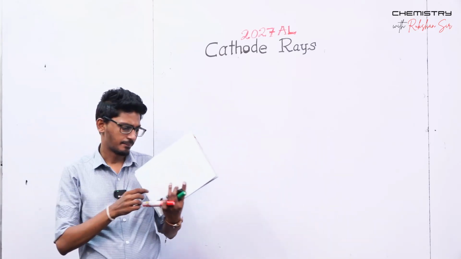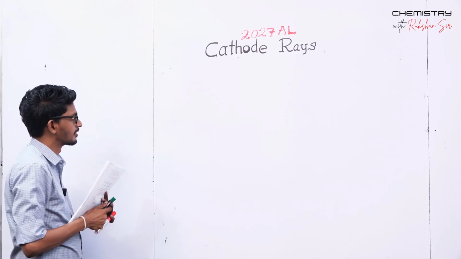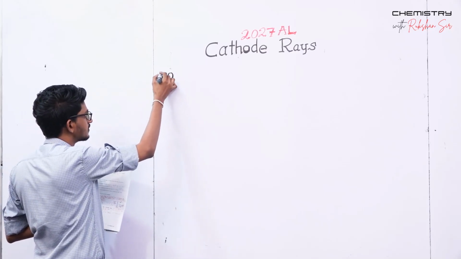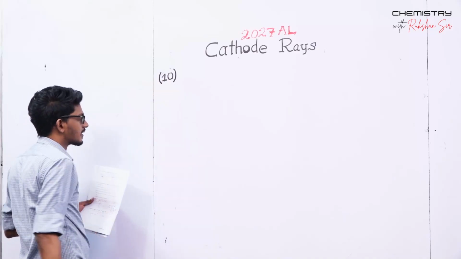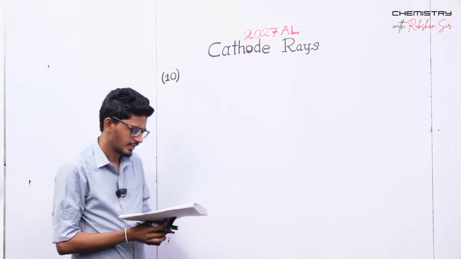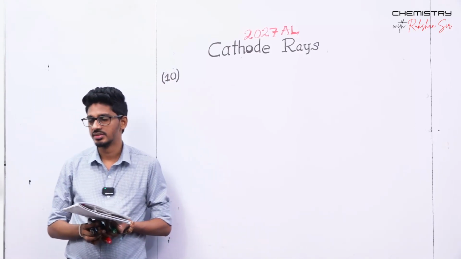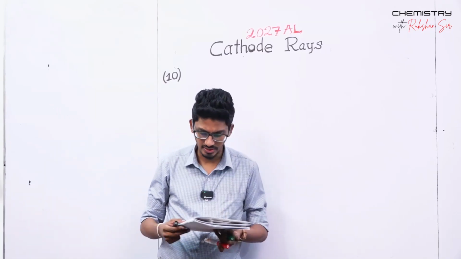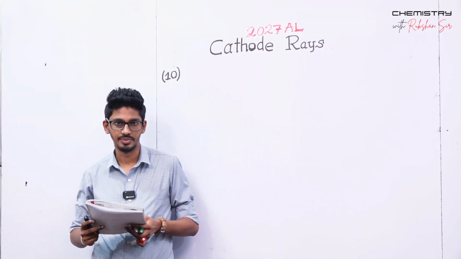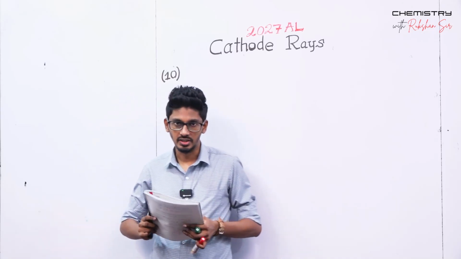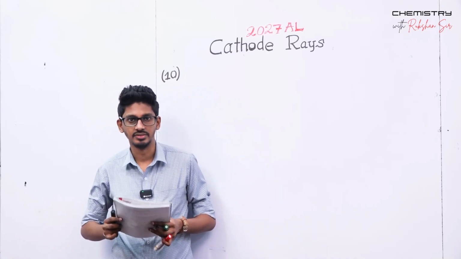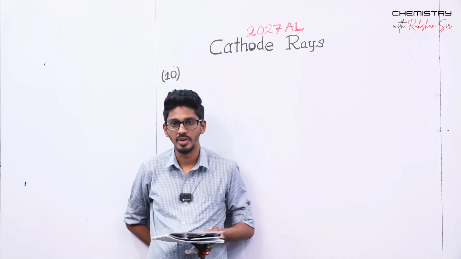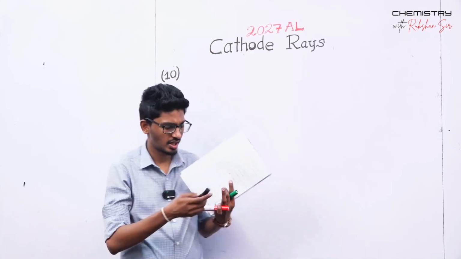Property number 10 is with the cathode rays. It is this. This is very important stuff. You can write this thing. First write the stuff, then we will discuss the property. Write it in red color. The property number 10. See, the ratio of charge to mass,